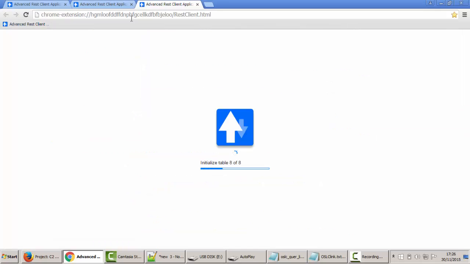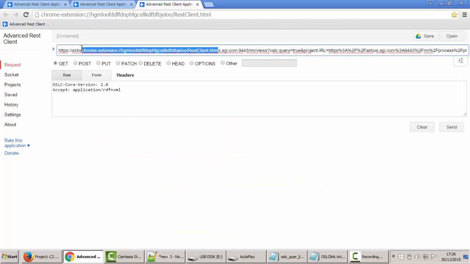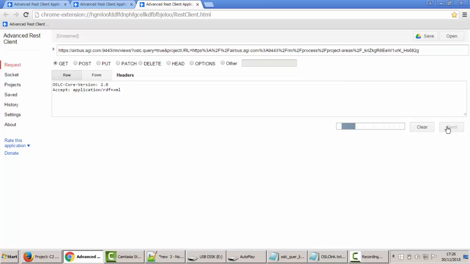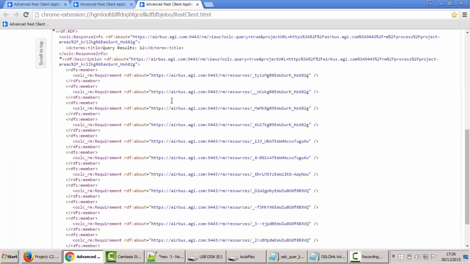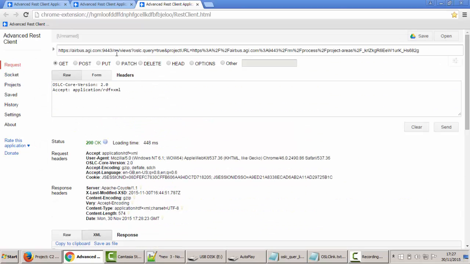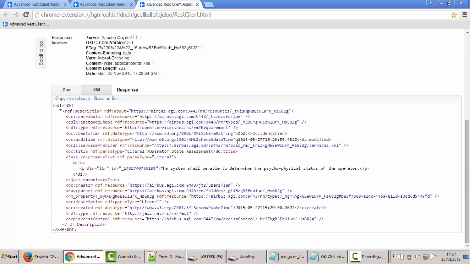copy, and I will do a quick query just to get some requirements. So let's have a little look at this one. So I'm going to create a new requirement that looks a bit like this one. So here we go. Operator state assessment. The system shall be able to determine the physical status of the operator. Let's say I want a new requirement which is a bit like that one,